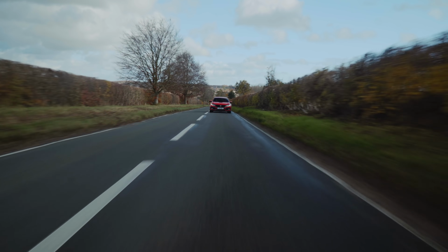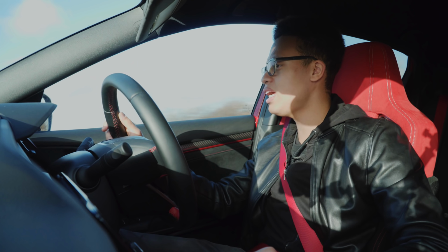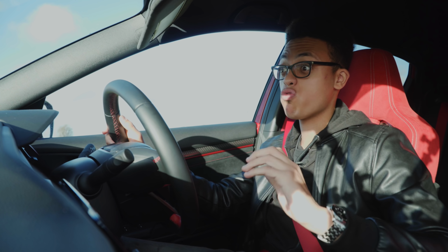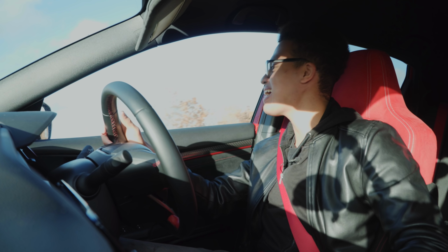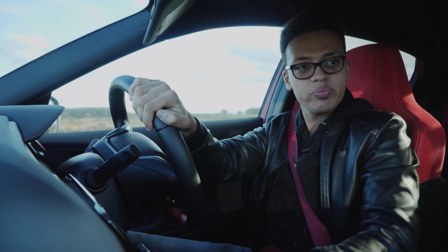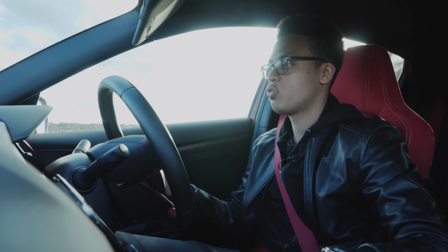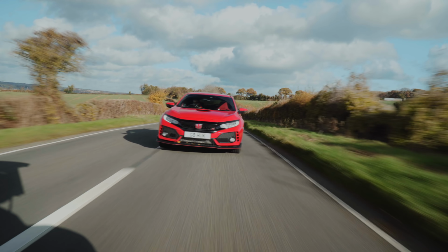The car's running on Continental SportContact 6 tyres. It's a good tyre. It seems to deal with wet weather really, really well, which is saying something, because the weather we've had today hasn't been particularly ideal, especially some of the wet stuff. And it just works super well. It's got enough decent grip. Don't get me wrong, it's not like a super sports tyre, but obviously I'm sure this is developed with the chassis. But again,